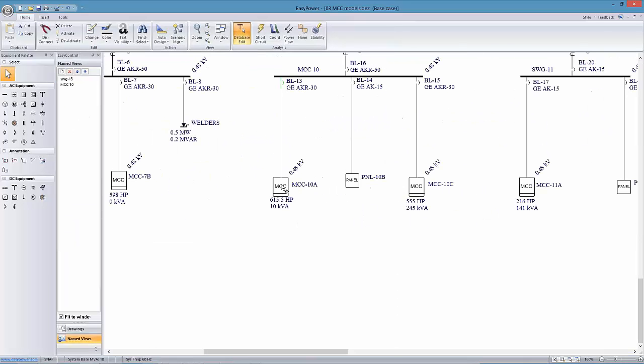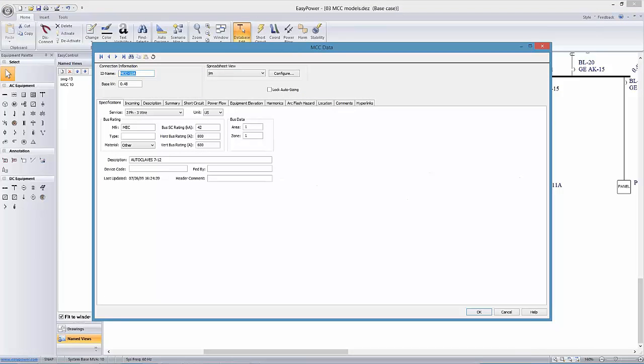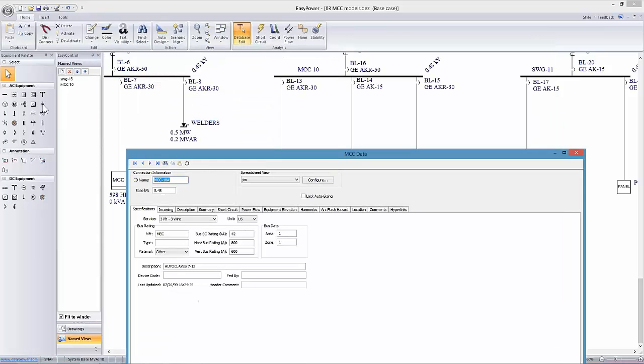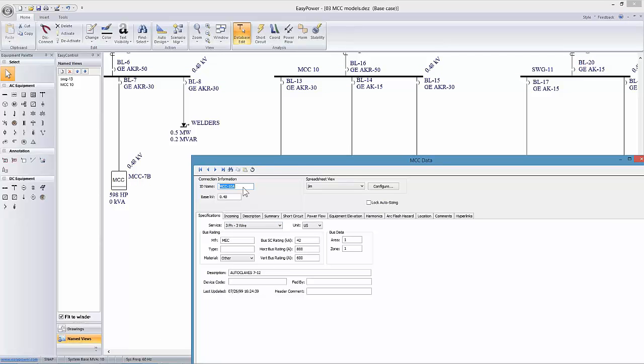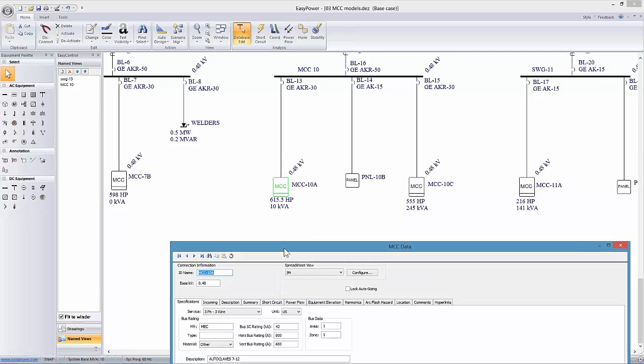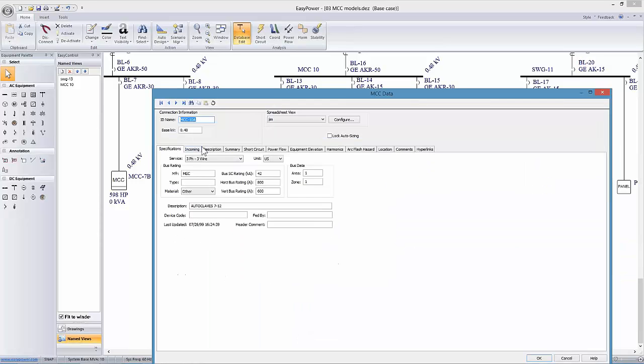So again here, as we went to set up this particular bus, we described this as an MCC with a dedicated icon from the palette, the menu for the elements in the system. And as we set up this particular icon, again I'm working on MCC 10A, I have the ability to go